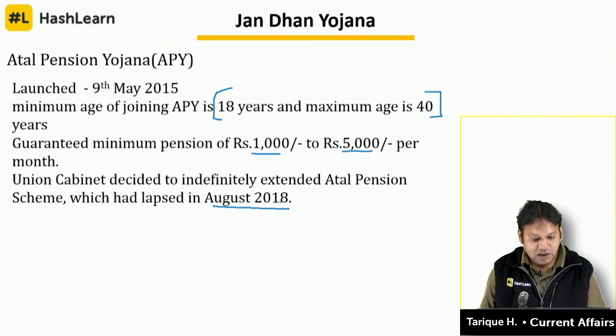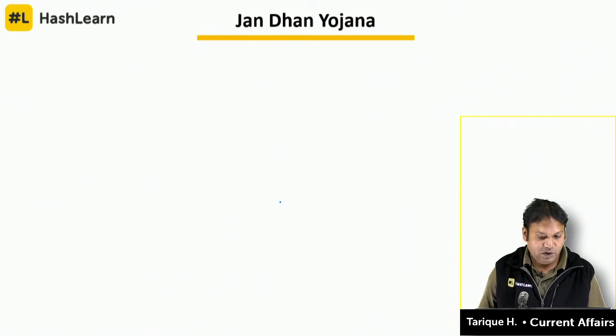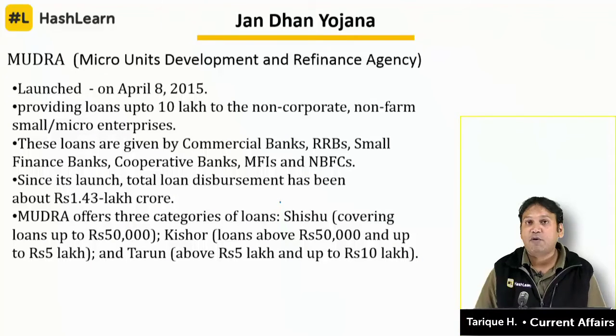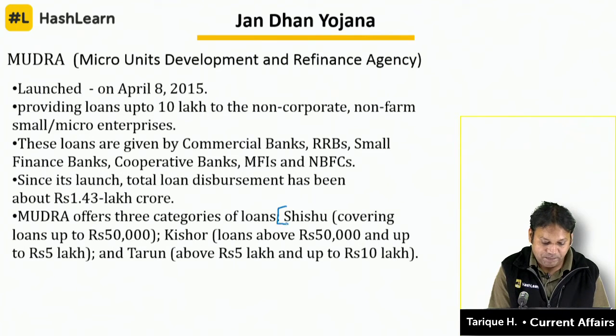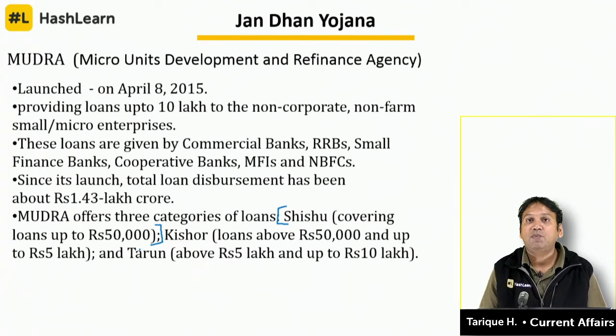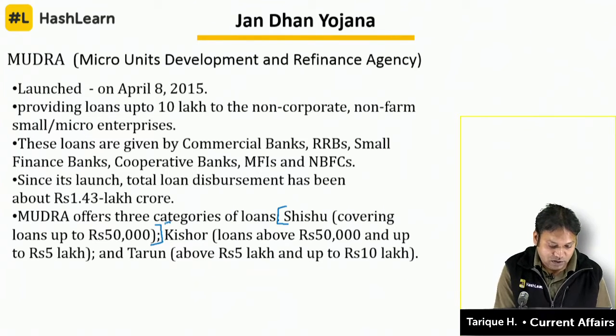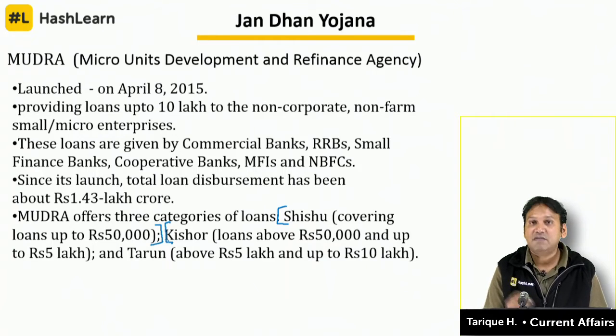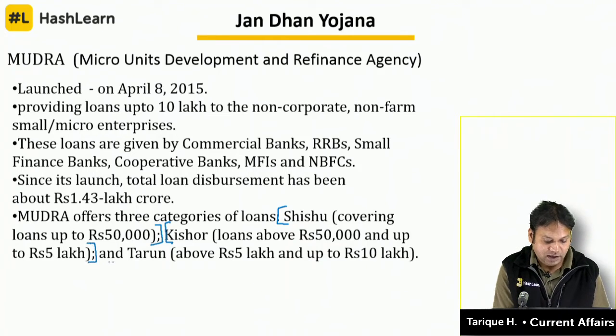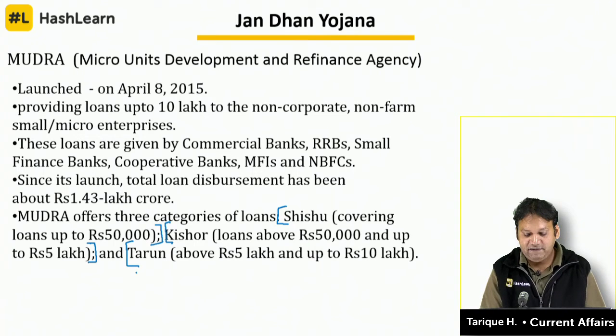Okay, all right. So these are the 3 schemes that we should be knowing about, and what we should also know about is the Mudra, that is funding the unfunded, launched on April 8, 2015. And what should we know about Mudra loans? Mainly is the Shishu scheme. The Shishu scheme is the small loans which go up to rupees 50,000. The Kishore scheme goes from 50,000 to 5 lakhs, and the Tarun scheme which goes from 5 lakhs up to